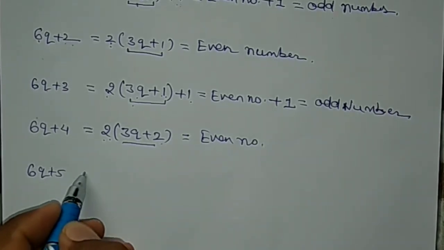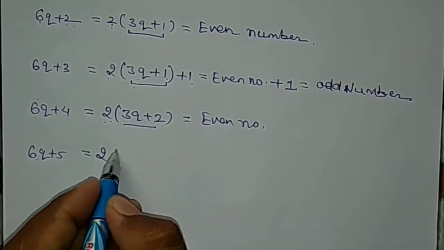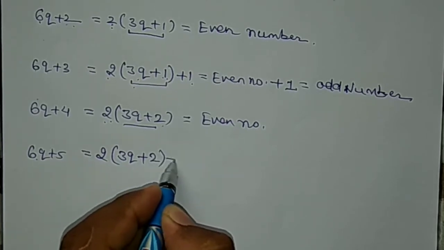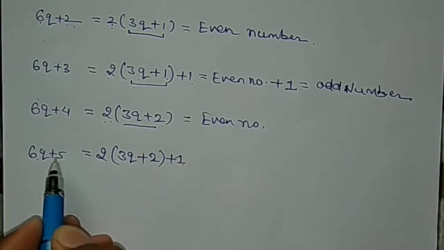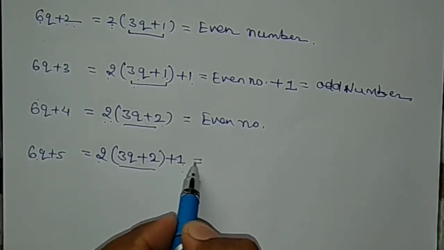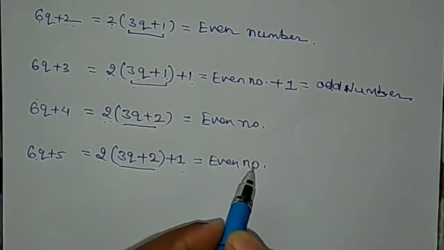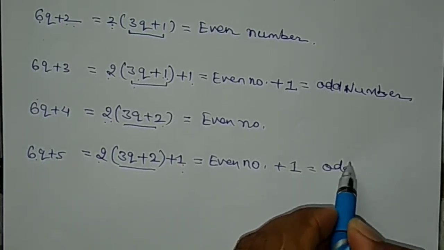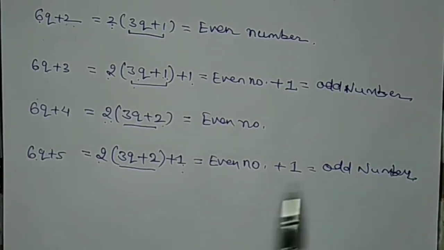Okay, similarly in this question we can write, take 2 common from this, that is 3q plus 2, 2 2s are 4 plus 1, we can write like that. Okay, 2 2s are 4 plus 1, that is 5. So it is a number that is a multiple of 2 plus 1, so it is again an even number plus 1. Multiple of 2 is how much? That is an even number, and plus 1, that is an odd number. Okay, that is an odd number, you have to remember.